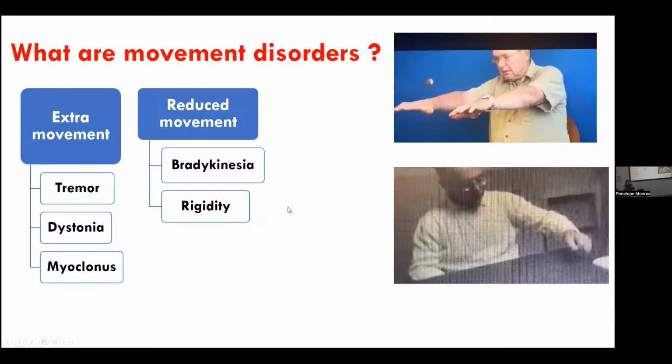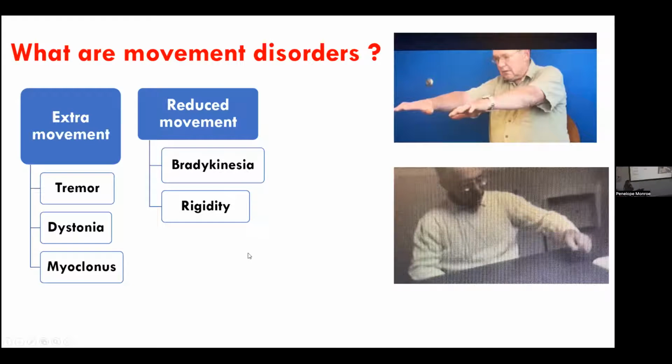And then you get reduced movement. So bradykinesia. In medicine, we've borrowed all our terms from Latin and Greek. Brady means slow, hyper means excessive, kinesia is movement. So bradykinesia means slow movement. A lot of patients who've had family members with Parkinson's or some of the varieties of FTD will comment on the fact that they're so slow in doing things now. And that is this phenomenon.